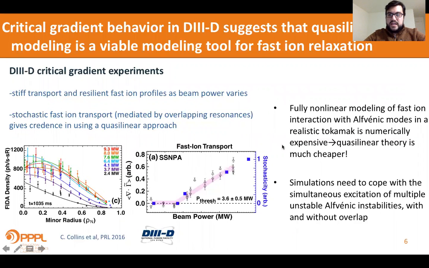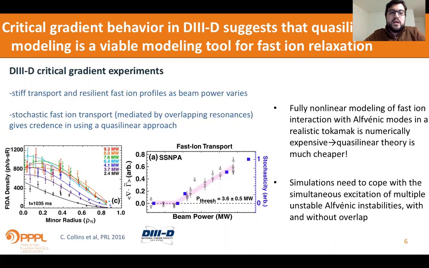Before getting to the numerical work, let me show an experimental example that suggests that quasi-linear theory can also be a good theory to represent the governing dynamics of energetic particles in resonance with Alfvén waves. This is an example of the so-called critical gradient